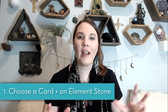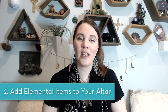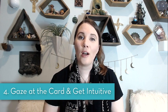So a quick recap. First, you're choosing one of the Minor Arcana cards to work with, as well as an elemental crystal that corresponds to the suit of that card. You're setting up a beautiful elemental energy altar in your sacred space to really bring in the energy vibration of that element into your space and really presence it while you go through this practice. You're then holding that crystal above the card and taking in the number of breaths associated with your card. Then opening your eyes and allowing any intuitive messages and wisdom to come through. Taking note of that in your journal, and then hopping over to